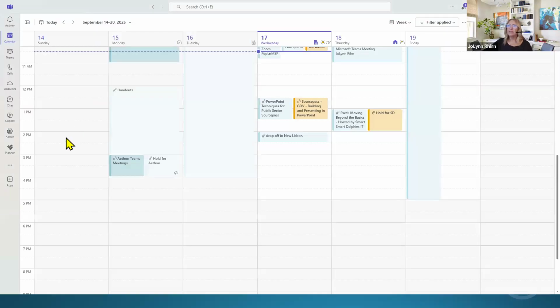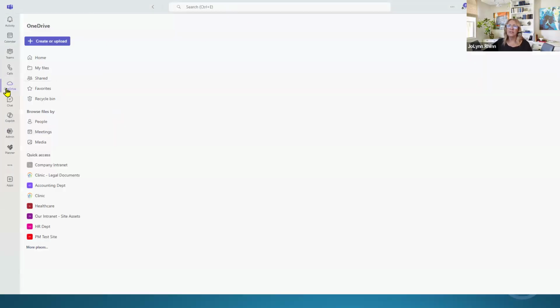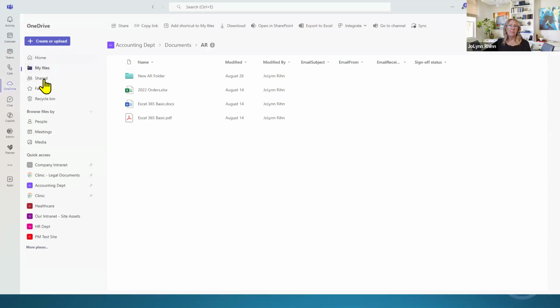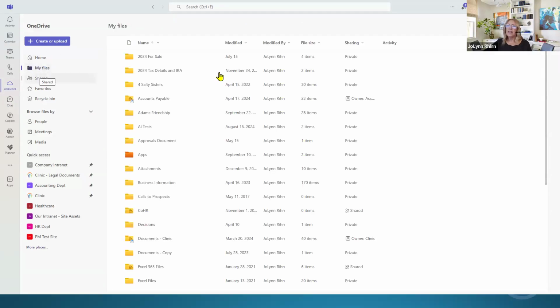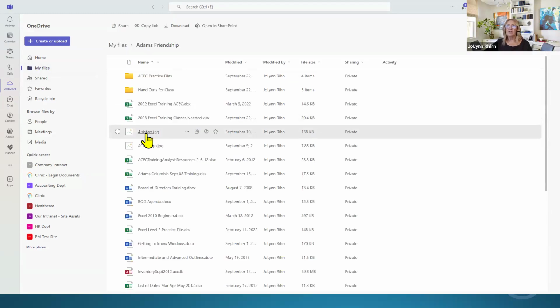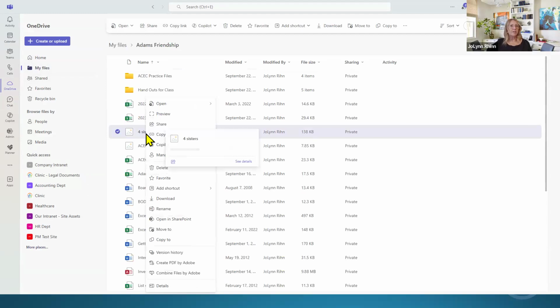So if I go back here to Microsoft Teams, let me go to OneDrive on the left-hand side. Let's say that I'm in my Files category right here. If I go to a file, like let's say I go to this specific file. If I go into this list of files, whether I'm in OneDrive, I'm in SharePoint, I'm in Teams, it doesn't matter where. When you right click or go to the ... menu,